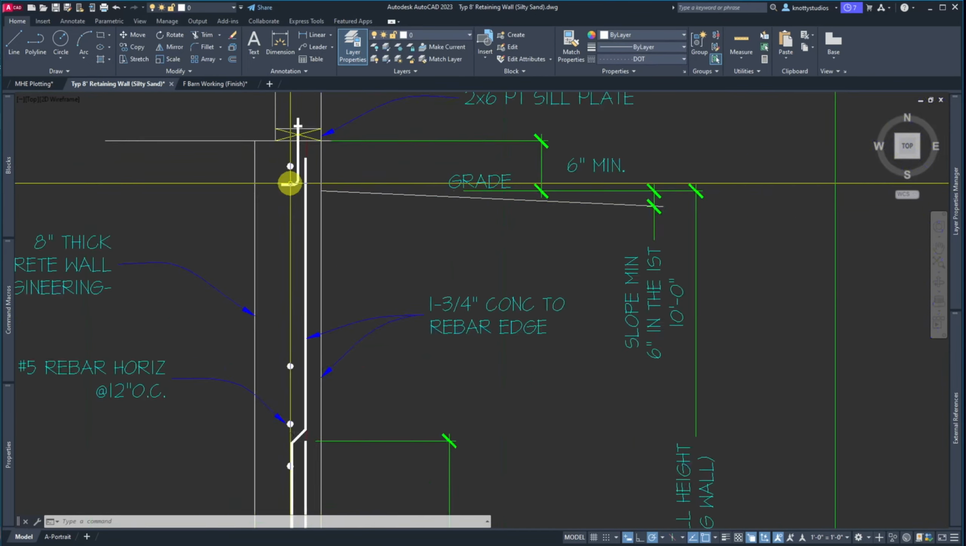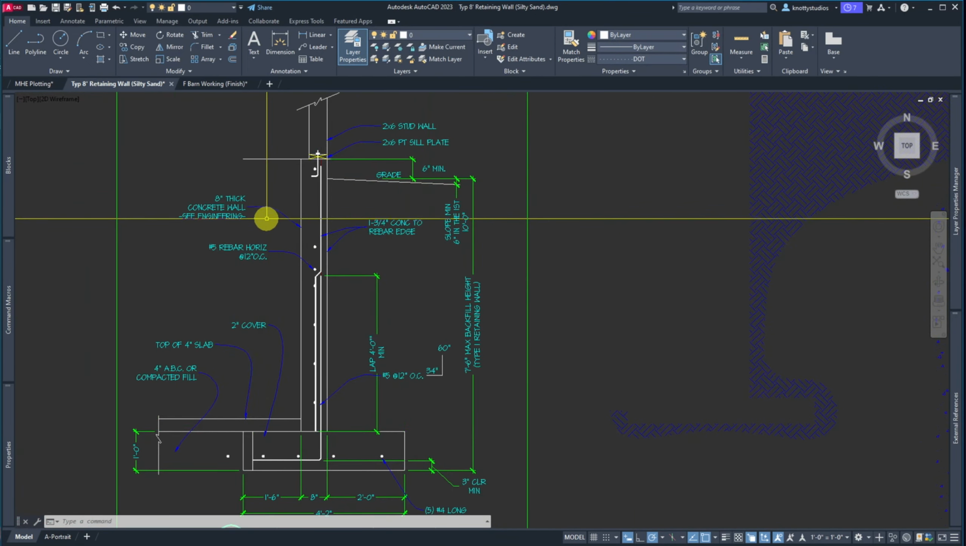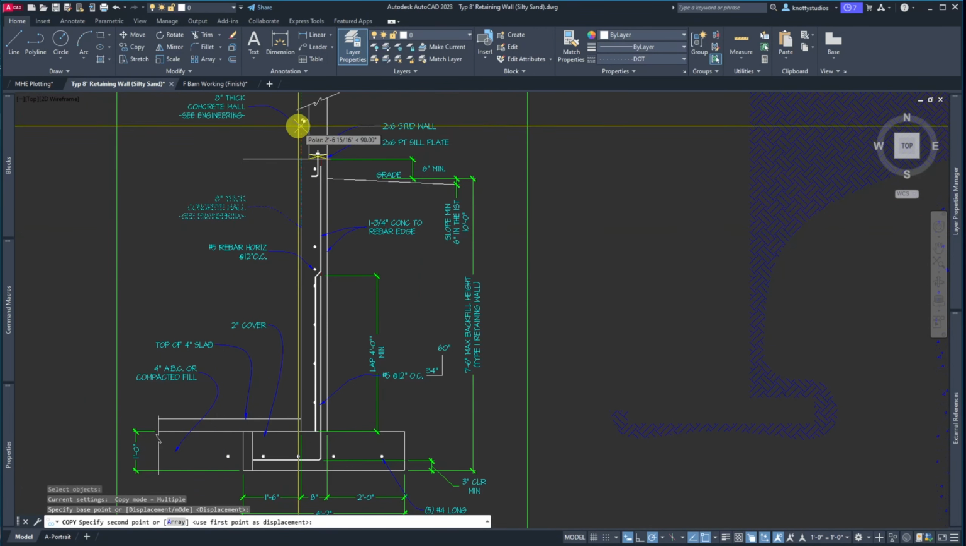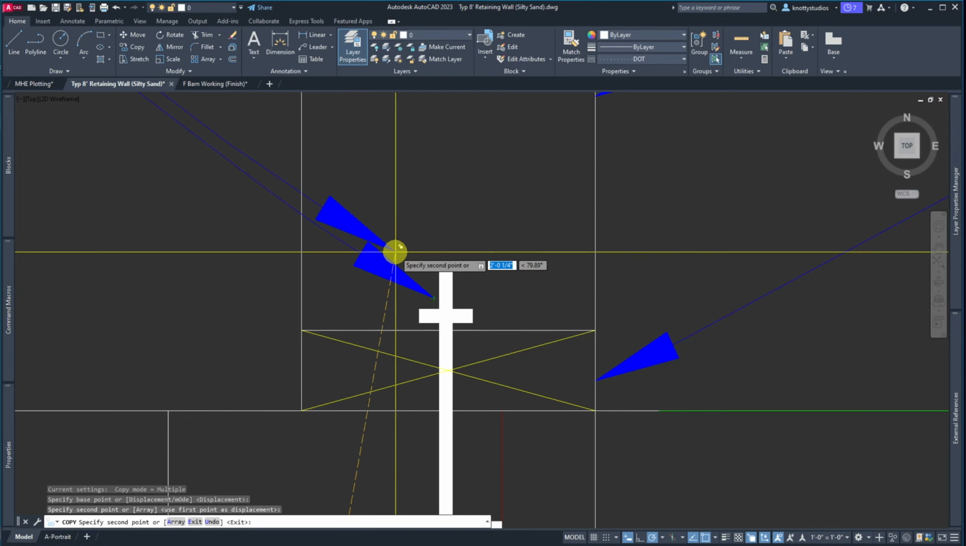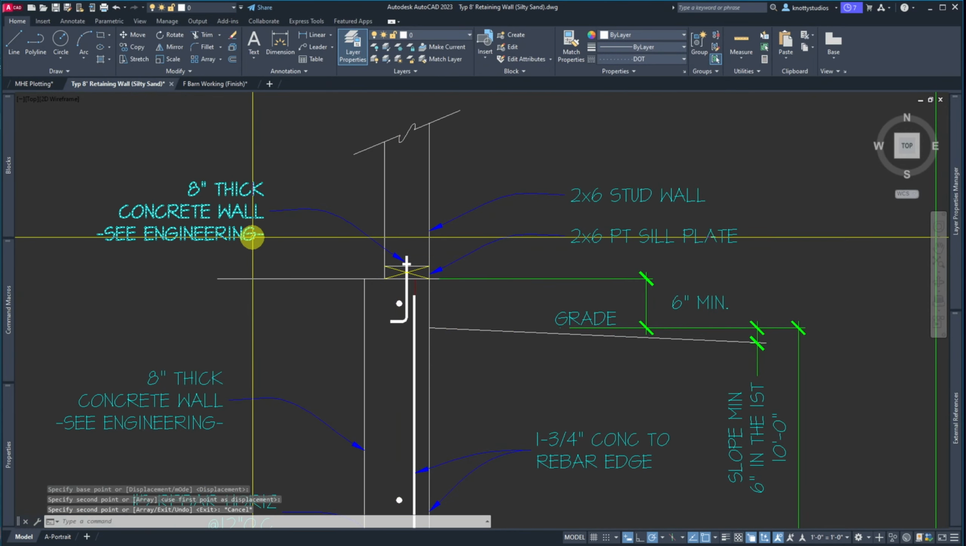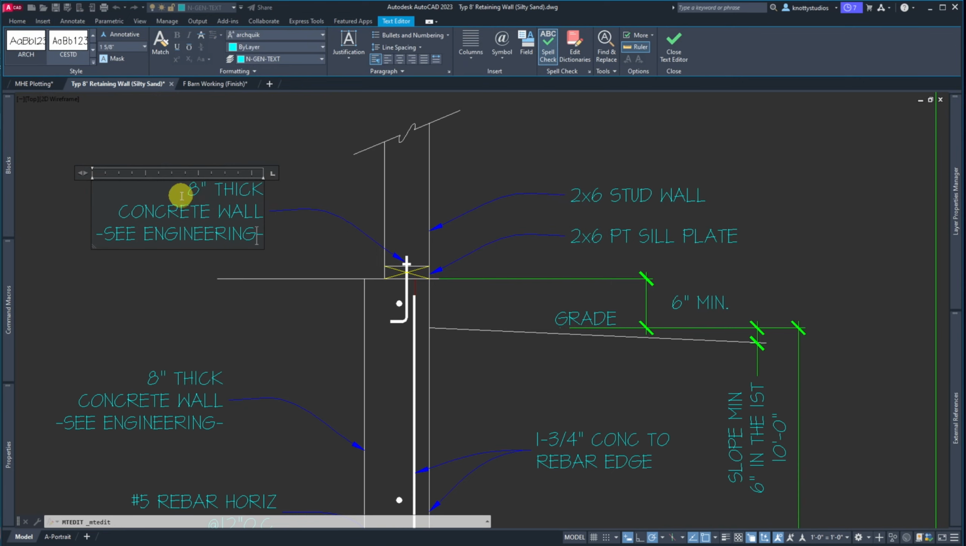Our slip plate, our 2x stud. You could name off this anchor bolt if you want. And copy this up to here. And this part is my part, not the engineer's. And so I want these to be 10 inch. So they are